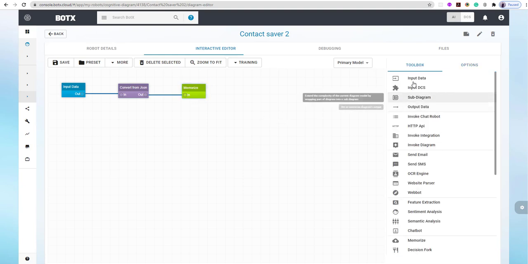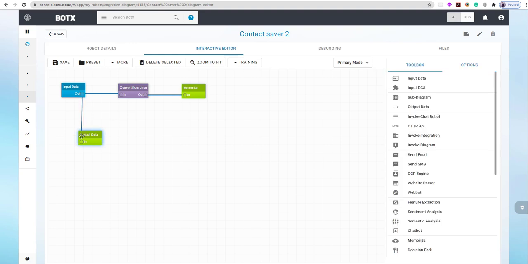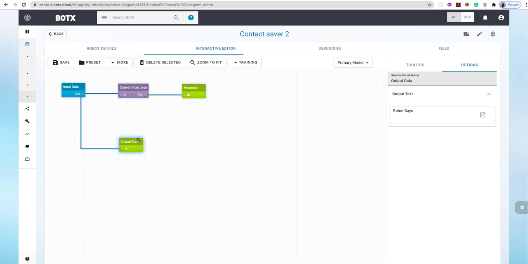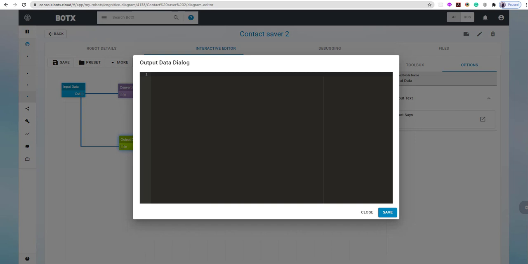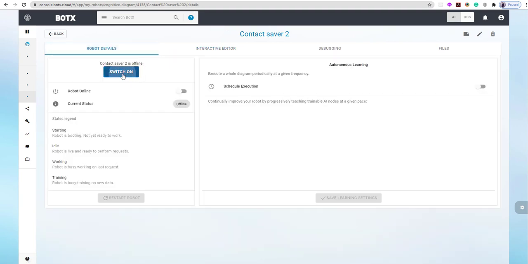And also one more thing we want to do is to output data. So from input, we also want to say something. Well, because we want our chatbot to answer something. So let's say, for example, let's use this copy paste here that I have prepared. Thank you for your contact. We will answer as soon as possible. Let's save this and save the diagram, and we can switch on our